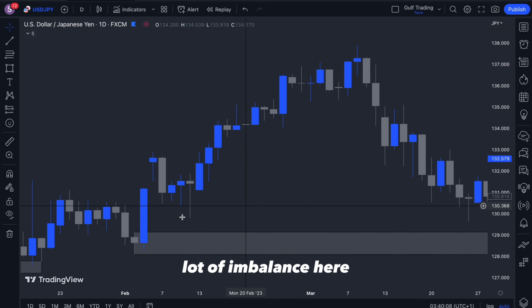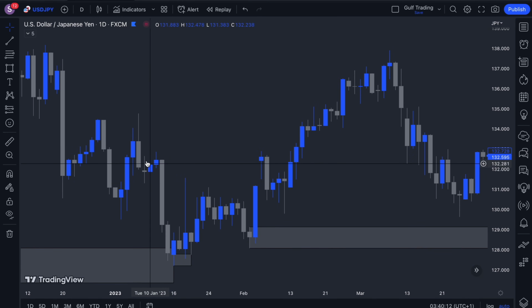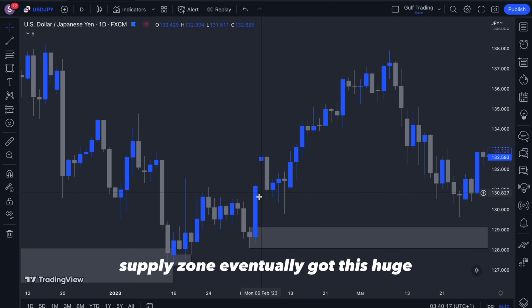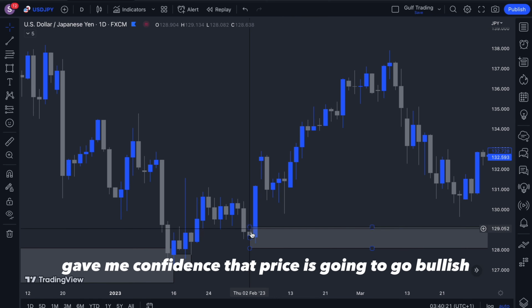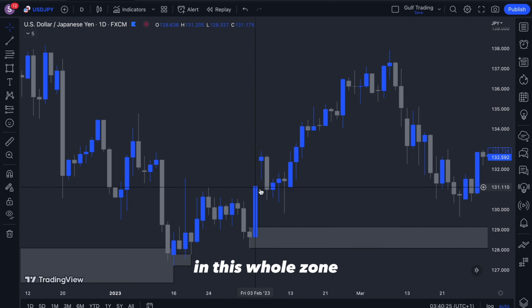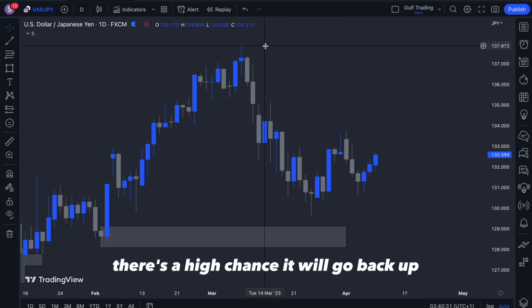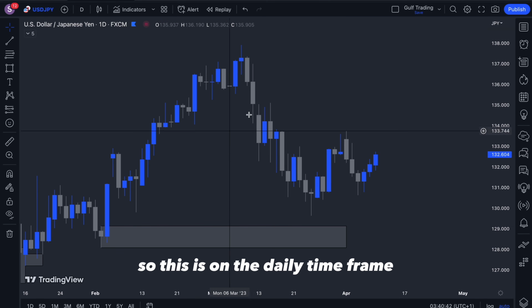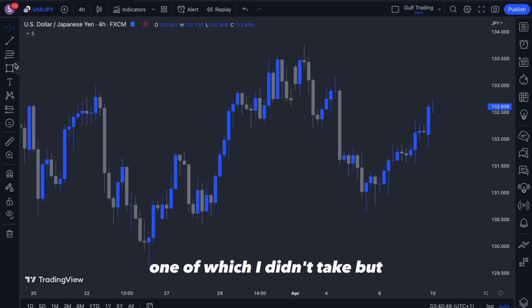A lot of imbalance here, price pushes up loads, creating new highs, rejected this supply zone eventually, but this huge engulfing candle with the imbalance gave me confidence that price is going to go bullish, and there were a lot of buy orders placed somewhere in this whole zone. If it comes back here, then I can be confident that there's a high chance that it will go back up. And so that's something I'll be looking for. So this is on the daily time frame, but then also on the 4 hourly, there were some setups I saw, one of which I didn't take, but